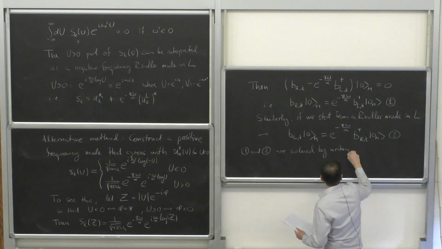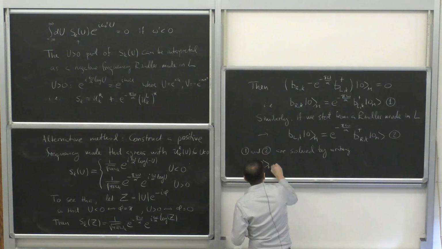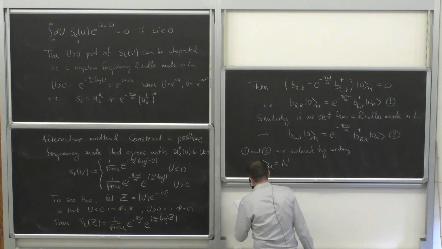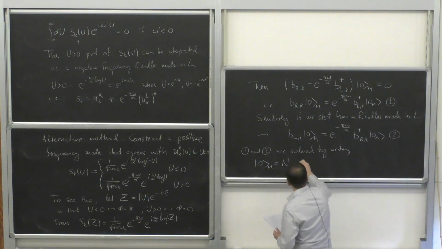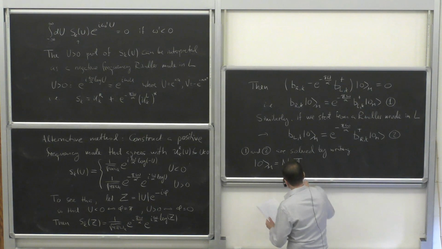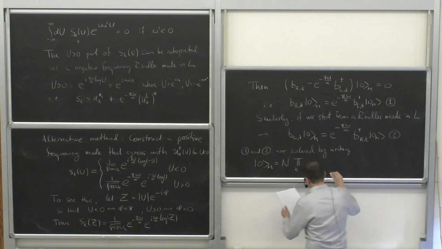Again, it's a formal solution. The Minkowski vacuum has some normalization factor. It's a linear equation, so I won't be able to tell you the normalization from this alone. Then you have to take a product over all possible k. You have the exponential of